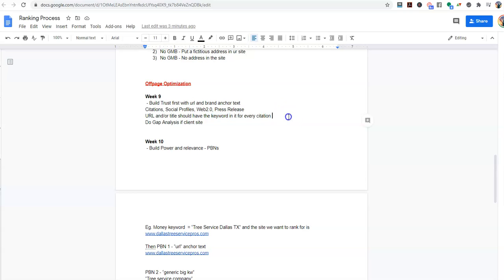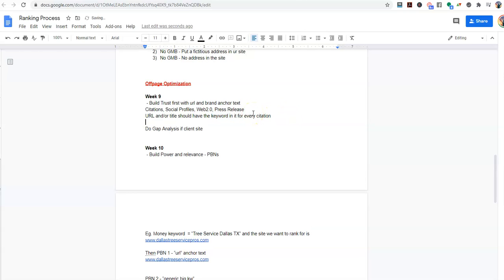So as an example, if I'm creating a Facebook page, facebook.com/ and my website is IAC, I do not want to create facebook.com/IAC or my brand name. I want to have the keyword I want to rank for. In this case, it will be Detroit SEO company or Detroit SEO. Why? Because